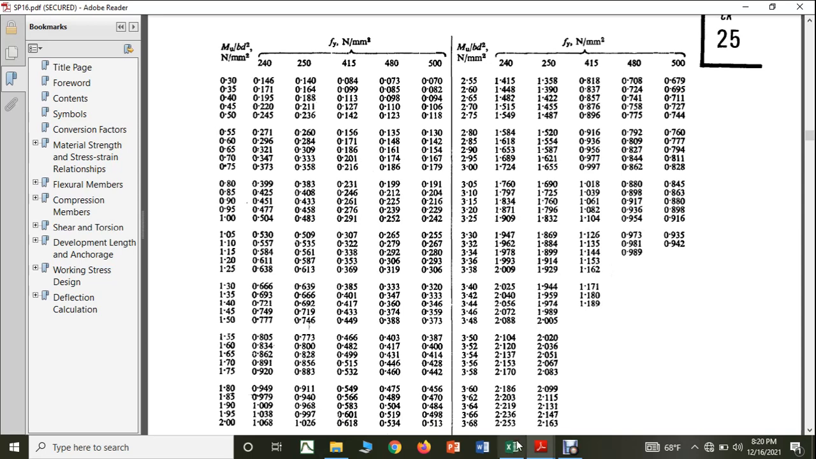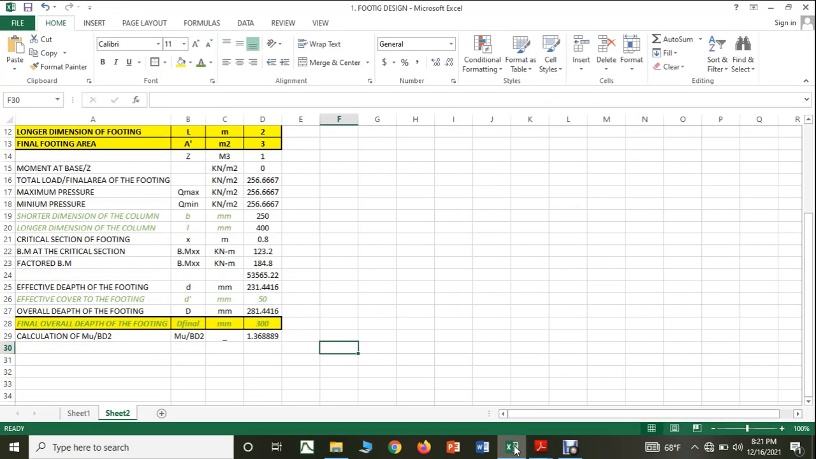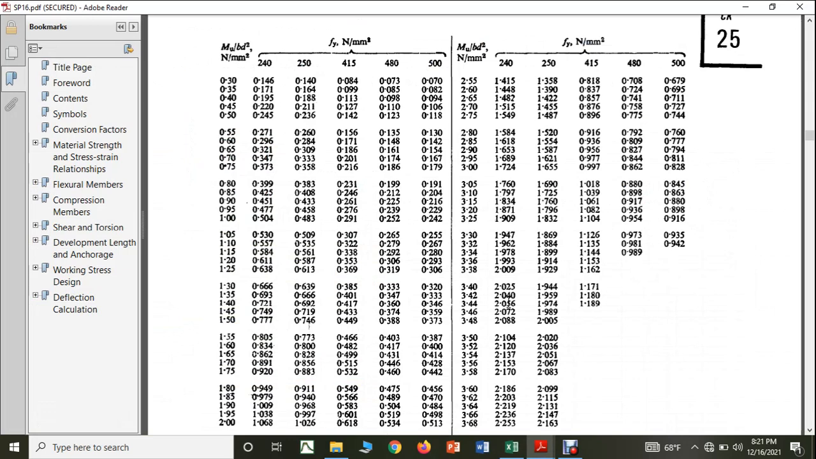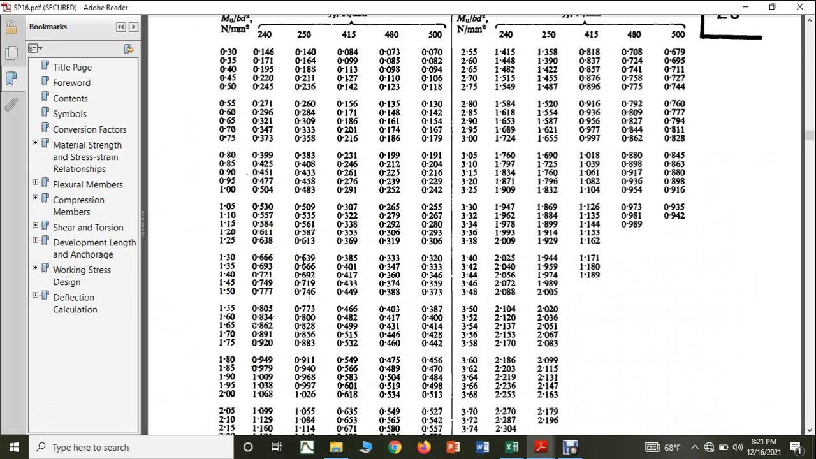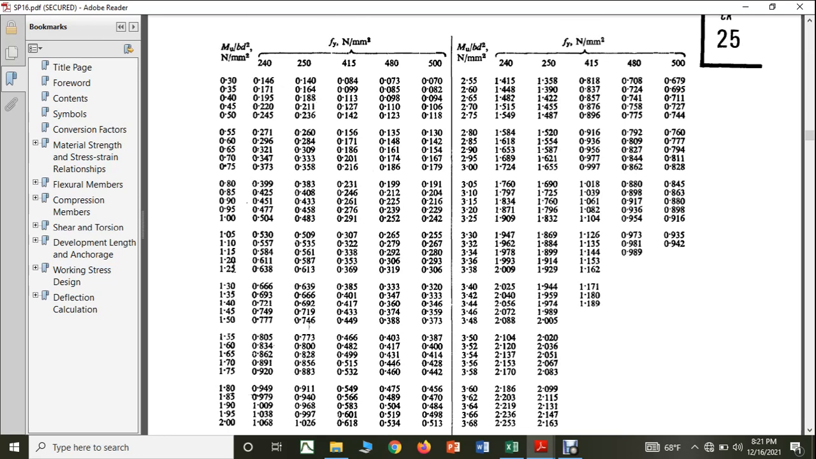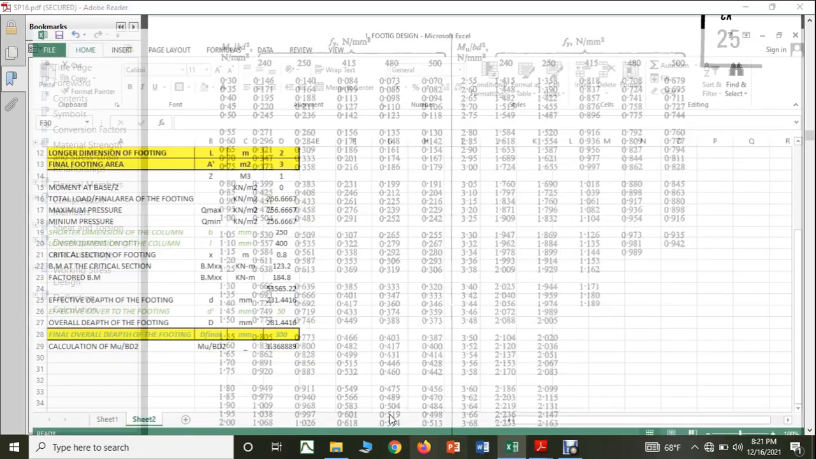Now what is my value of Mu by bd square? It is 1.36, so you can see here approximately 1.36. I can make it 1.35, no issues. For Fe415 grade, you can see 0.401. So 0.401 is the percentage of steel required. It is greater than 0.12%. Therefore I can write in the next step